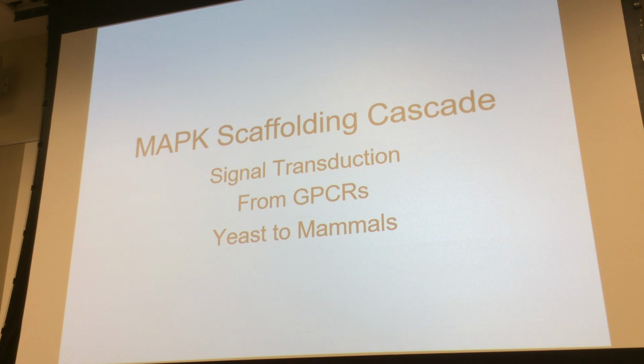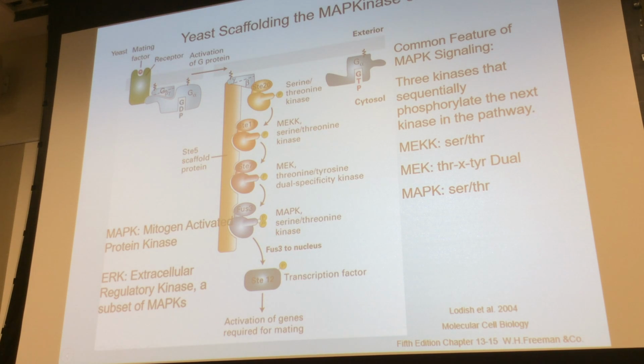So the first we'll go through in great detail is this mitogen activated protein kinase scaffolding cascade, and it was first really discovered and organized well in yeast. So I'm going to show you what we learned from yeast and then took back into looking at mammalian systems. So this is yeast, and yeast are very easy for biochemists to do genetics on. Not so easy to do biochemistry because they come with this nasty extracellular skeletal wall. It's hard to break yeast open and necessarily pull out things like a biochemist might like to do with mammalian cells,